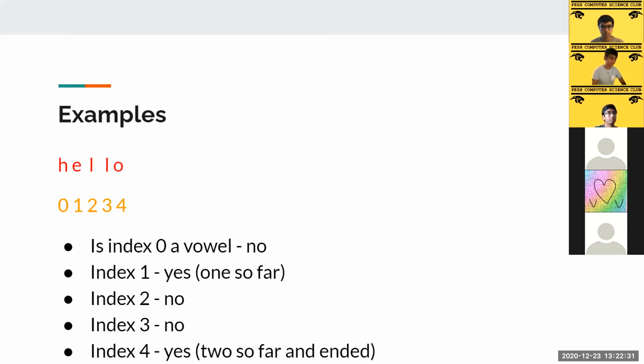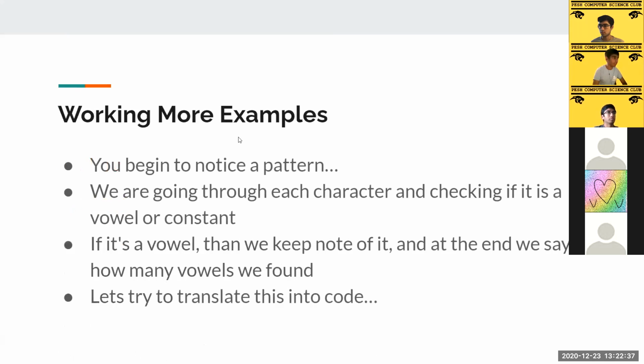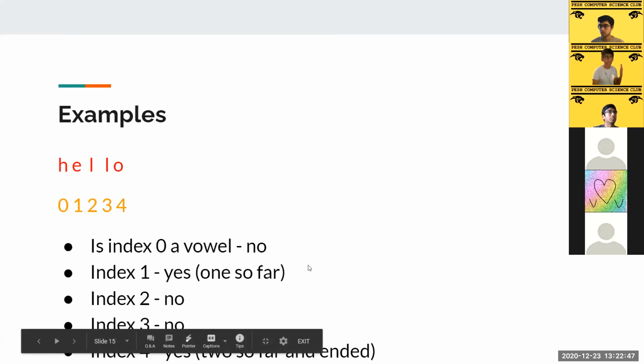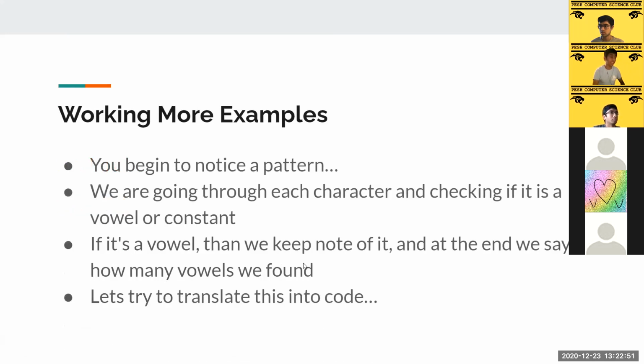That's the only way to determine it's a vowel. And you would notice a pattern that you're just going through every character and checking if it's a vowel. And if it was a vowel, you would note that in your head, the amount of vowels that you've seen so far. And then at the very end, you would say how many vowels you found. Okay, so now that we've figured out what the general pattern is, let's try to translate this into